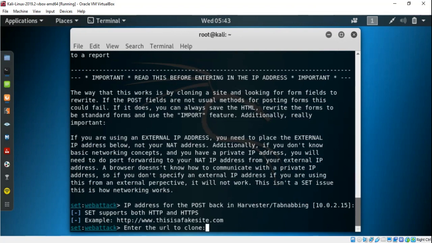Now it says enter the URL to clone. Okay, so enter your URL of the website which you want to make clone of. So www.facebook.com and hit enter, and it will create a clone of facebook.com for you. Then you have to share that link with your target. Then your target opens the link, and when he enters the information like username, password, then you will get them